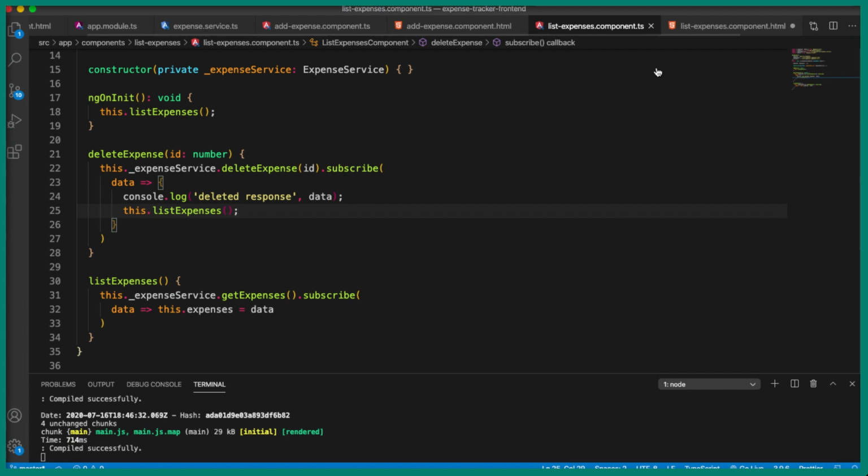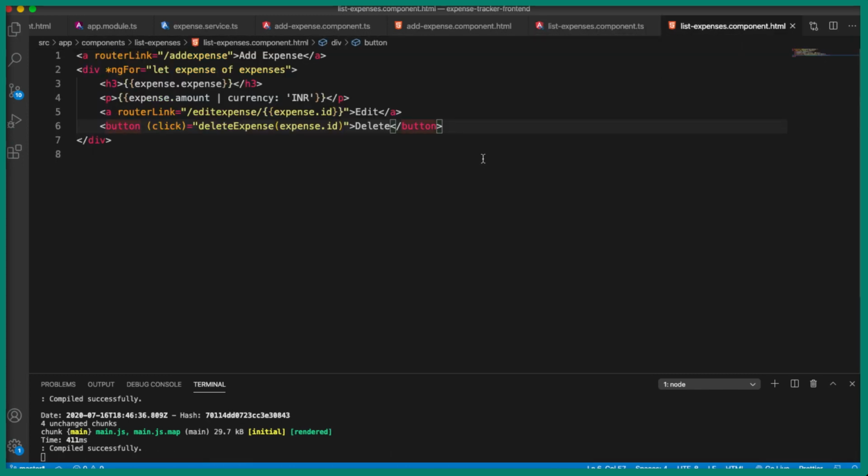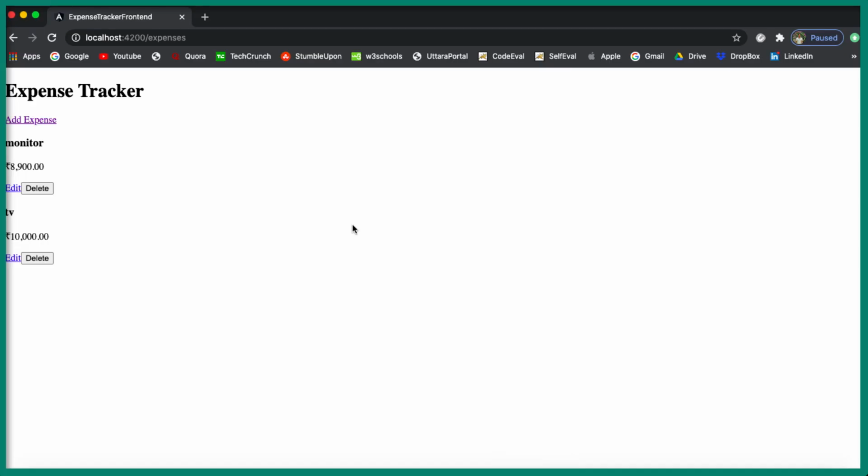and even let's save the view template as well. Let's save this, and now let's go to the browser and test our work. You can see now we have the delete button for all of the records. So let's try for TV. When I click on this delete, the TV has been deleted. When I click on the monitor, the monitor has been deleted. So now we have a delete button in both places, in the list page as well as in editing the single individual expense.